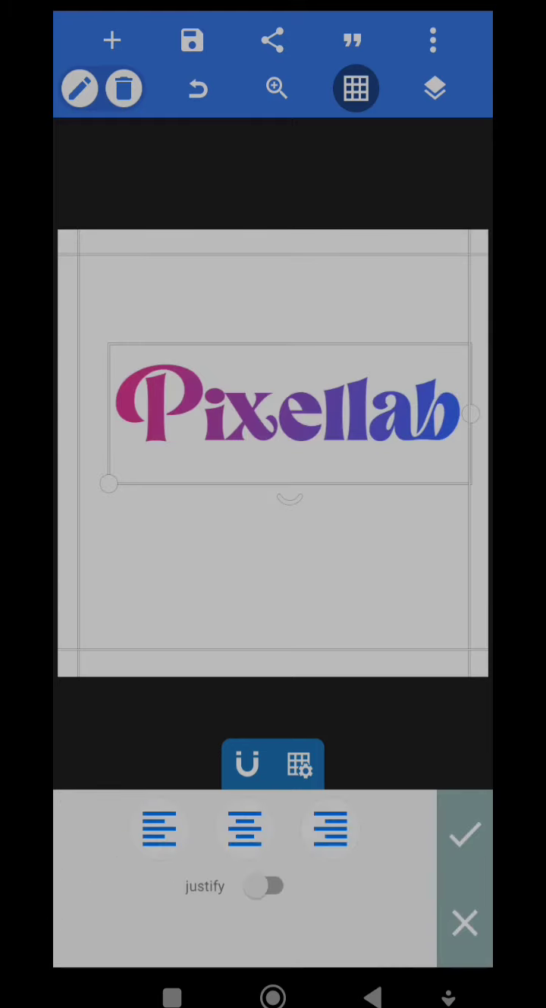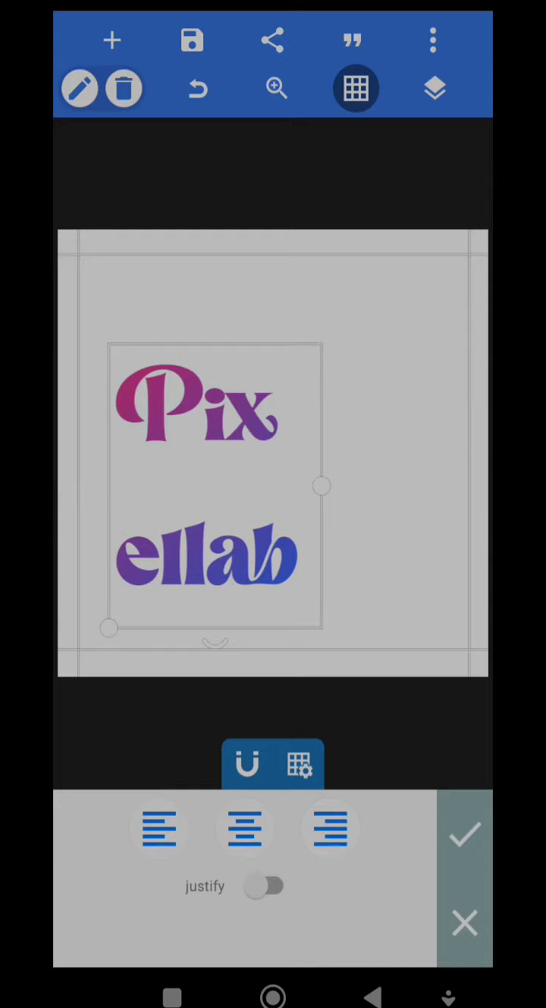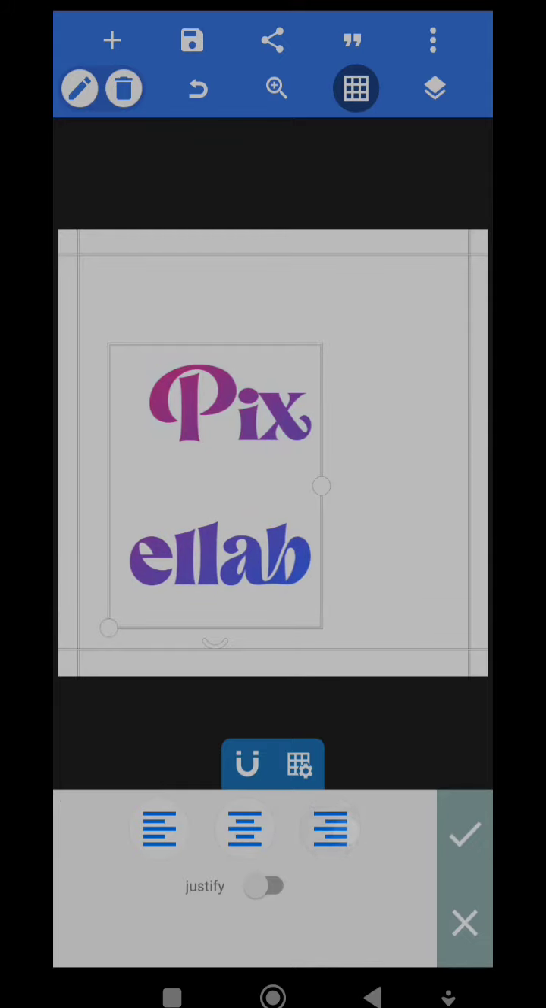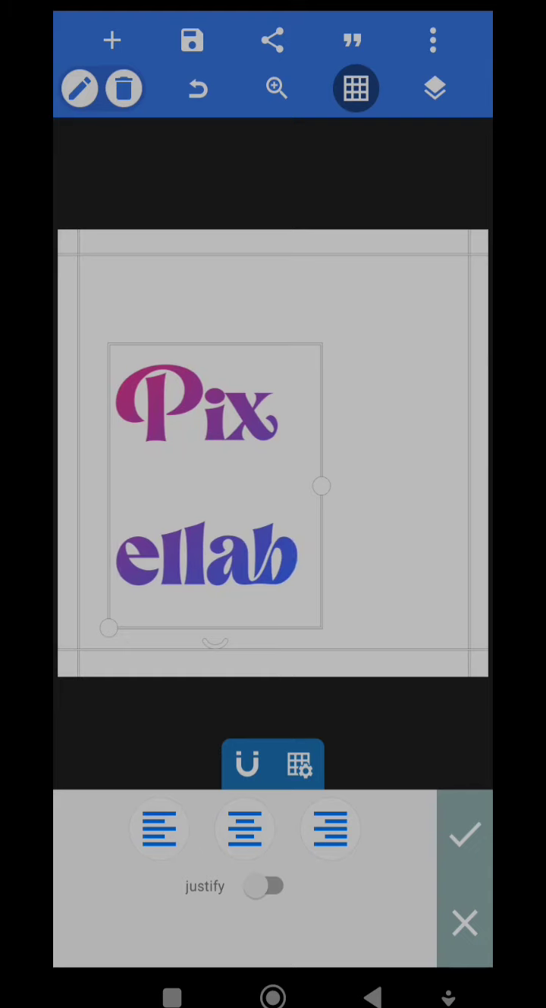Then this is to align. So perhaps I have a text that is in 2 lines. I can make it centralized, right aligned or left aligned. I can also make it justified. Alright,